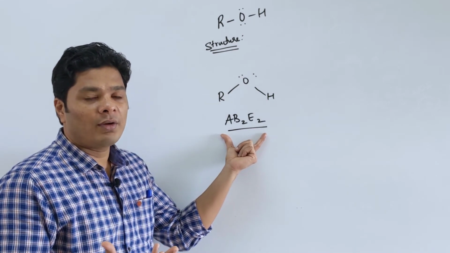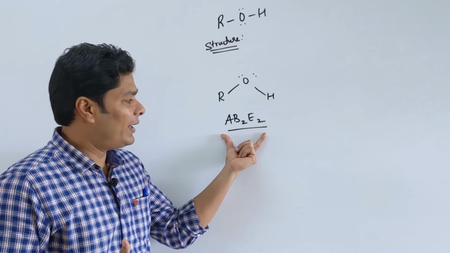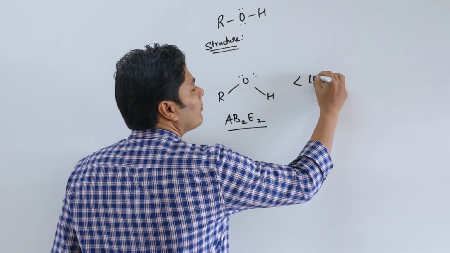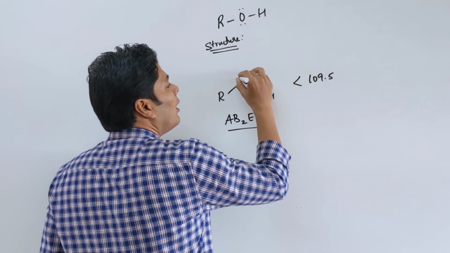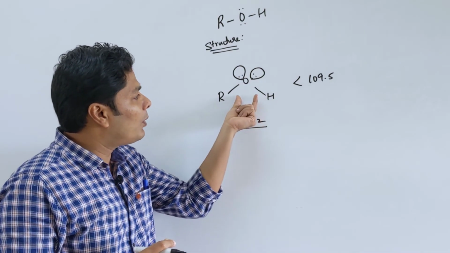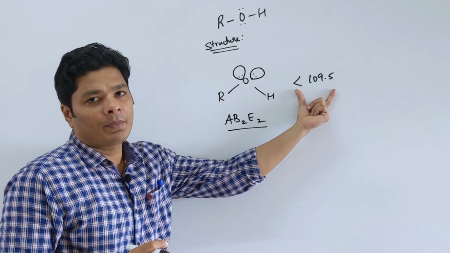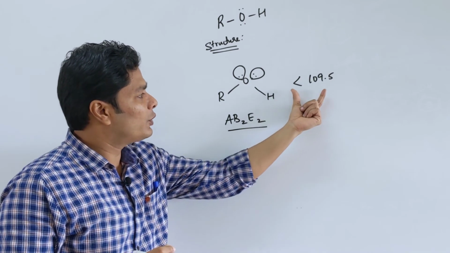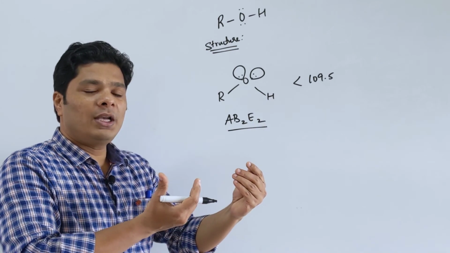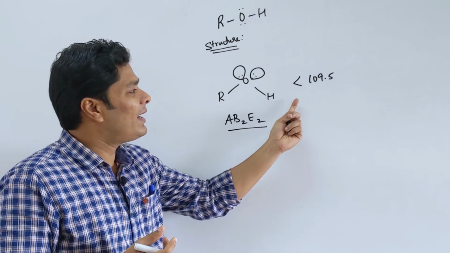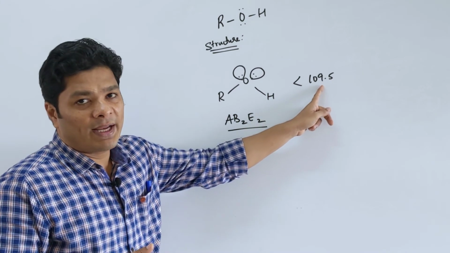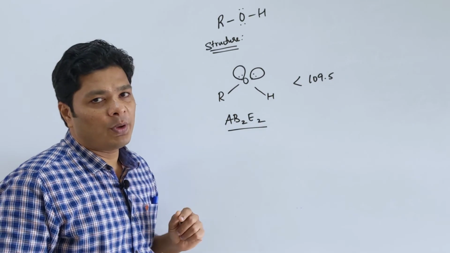Tetrahedral will have a bond angle of approximately 109.5, but this is going to be much less than 109.5 because of the lone pair repulsion. Because of that, alcohols will have a lower bond angle than typical tetrahedral. This is more than enough for you guys to remember. Now if I were to put an ether, obviously R and R are bulky groups, they want to be a little bit farther away, so the ether will have a higher bond angle than alcohol, but whether it is going to be greater than 109.5 depends on what type of R group you have.